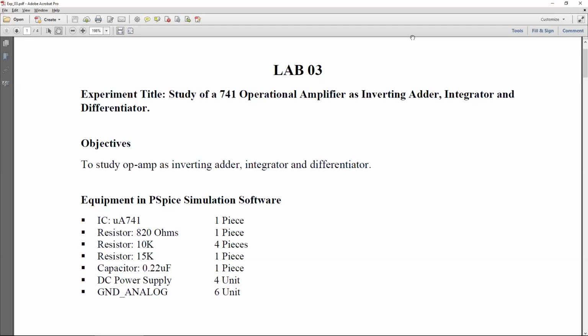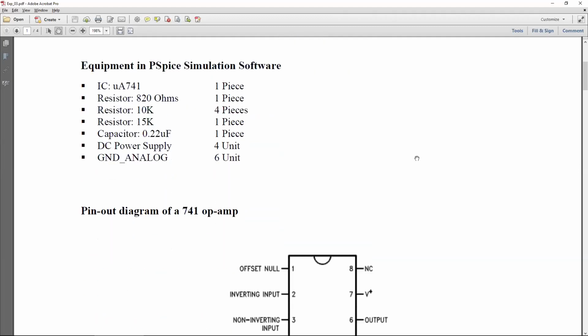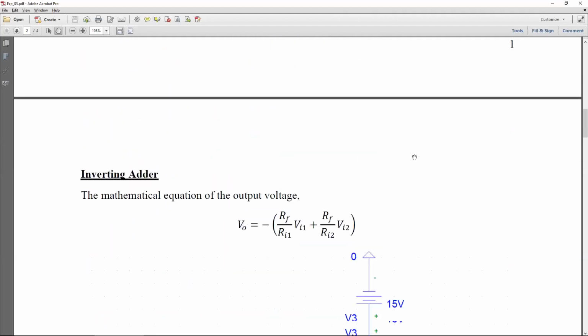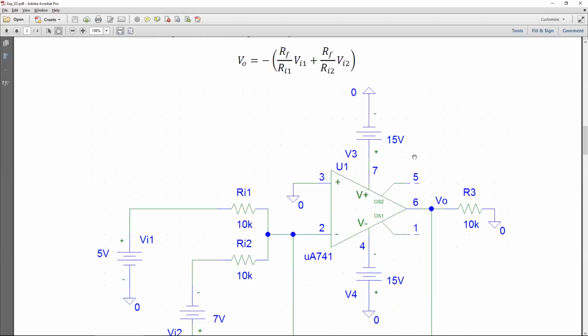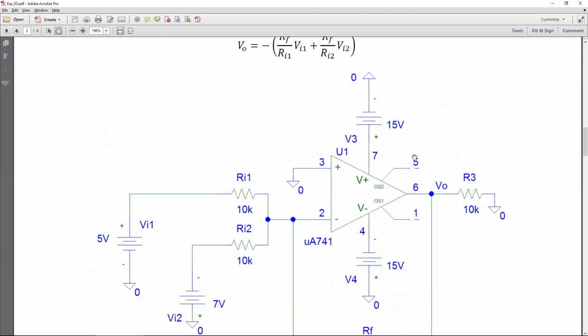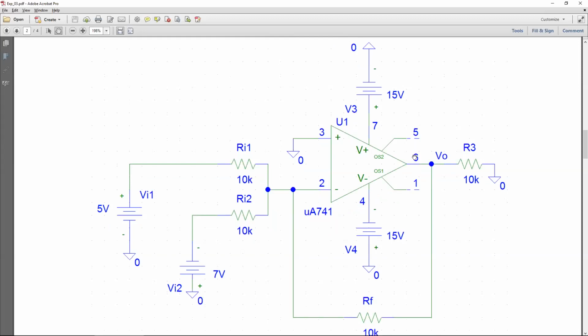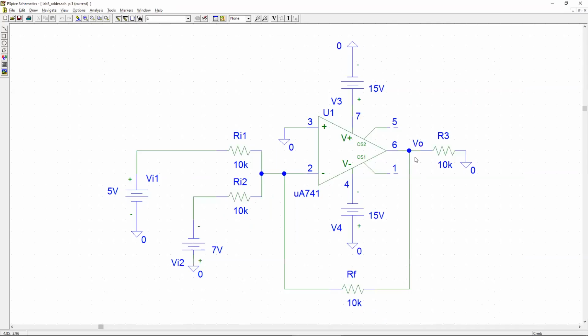Hello everyone. So now I'm going to demonstrate our experiment in PSpice. Our first circuit was this inverting adder, or summing amplifier, I can say. So let's go to the PSpice. I already drew our circuit, since two experiments related to the 7.4 on IC have already been done